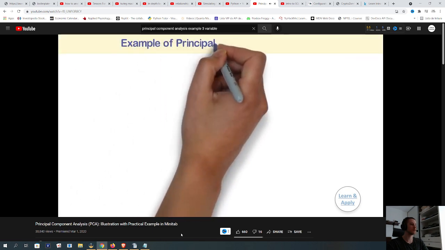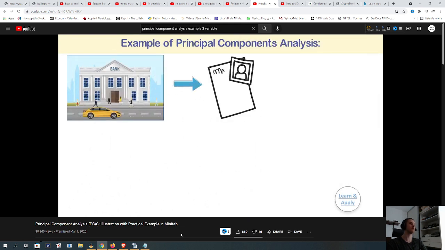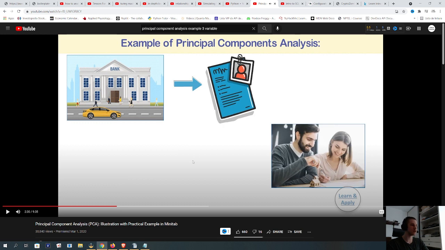Example of principal component analysis. Let's continue with the same example. A bank requires 8 sections of information from loan applicants, like: